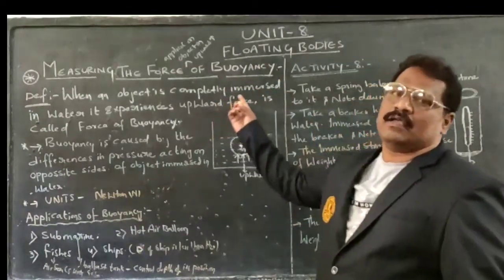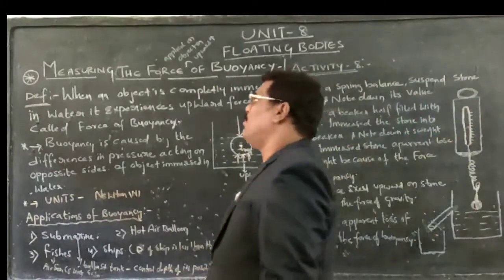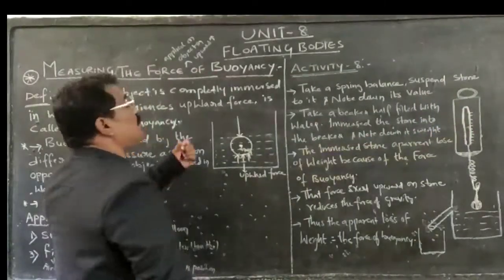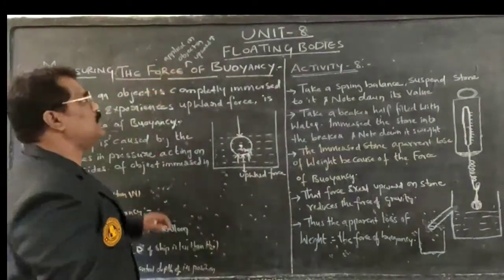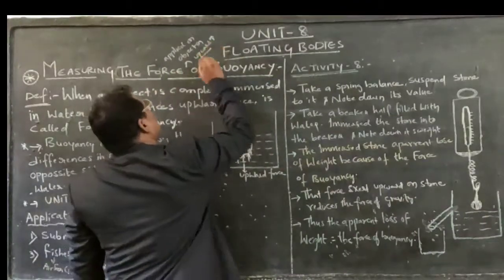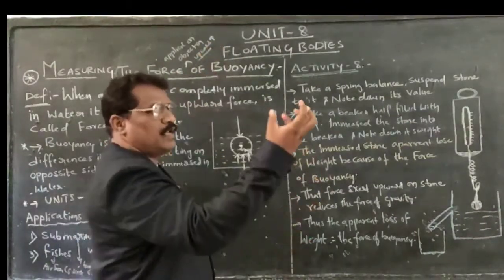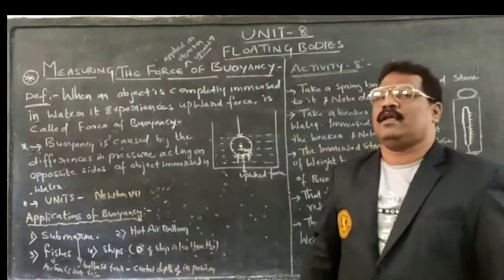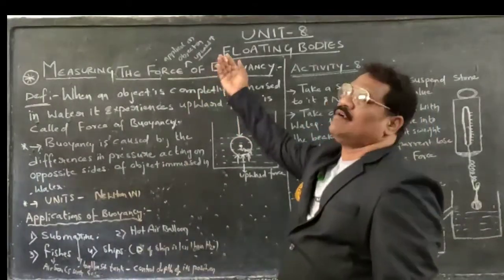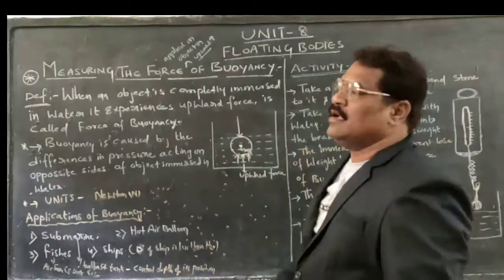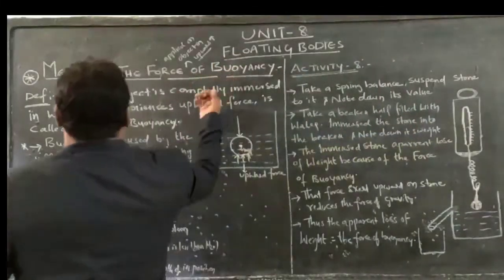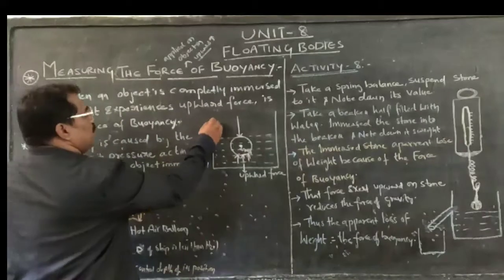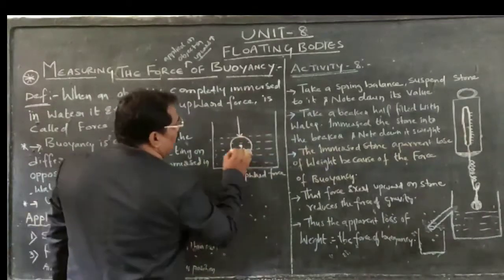What is called buoyancy? Buoyancy is nothing but the force applied on an object in the upward direction. If a force is acting upon a body in the upward direction, we call that buoyancy. To define the force of buoyancy, I have taken a beaker in which water is placed